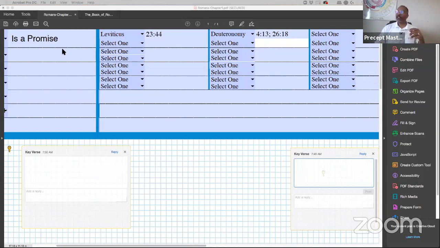But we have to look at Deuteronomy 4:13. It says he declared unto you his covenant, which he commanded you to perform. So we had to perform the commandments, even the 10 commandments. These are things we know. And then it says he wrote them on 2 tablets of stone. It's telling you plain as day what they are.